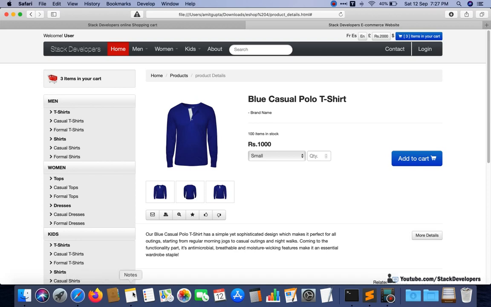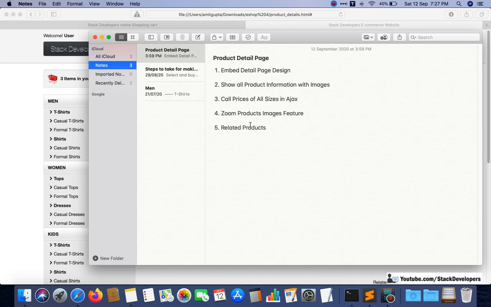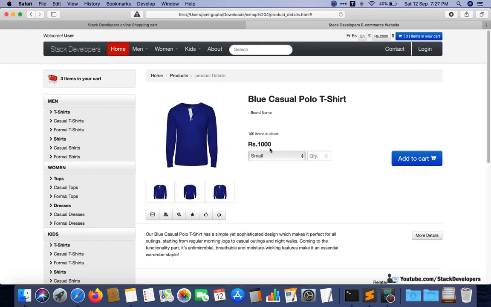After that we are going to call the prices of the product attributes, product sizes, in Ajax. See this one. Here we are going to show all the sizes of the products, like small, medium, large, and the price can vary for every size. Like if I select medium, then the price can update to 1100 maybe, if you have added a different price for the medium size of this product.